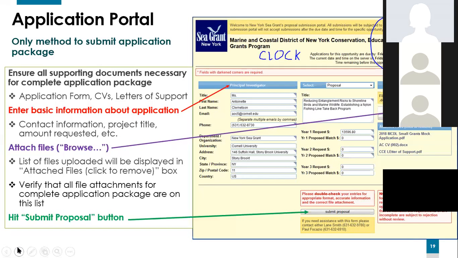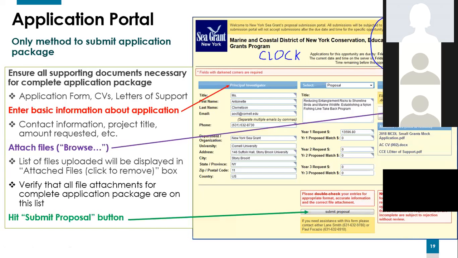Now, again, I must emphasize that all applications must be submitted through the web portal within the deadline without exceptions. When you open this form, you will notice a couple of things. Most obvious will be at the top of the page, there'll be some information. Here, you will have a clock and a date stamp. The clock counts down the amount of time remaining until the deadline. Now, for this form, the applicant is going to enter very basic information.